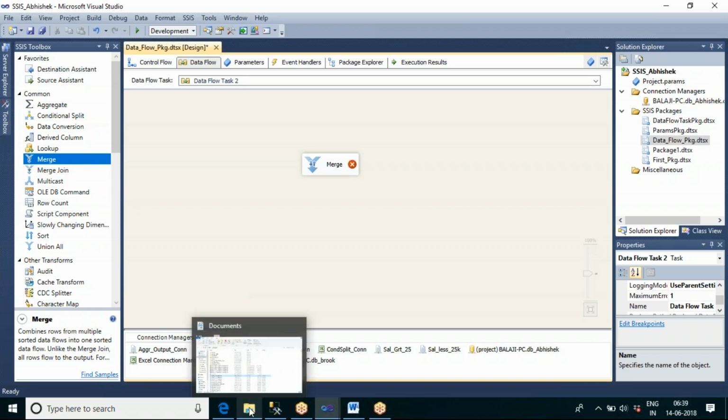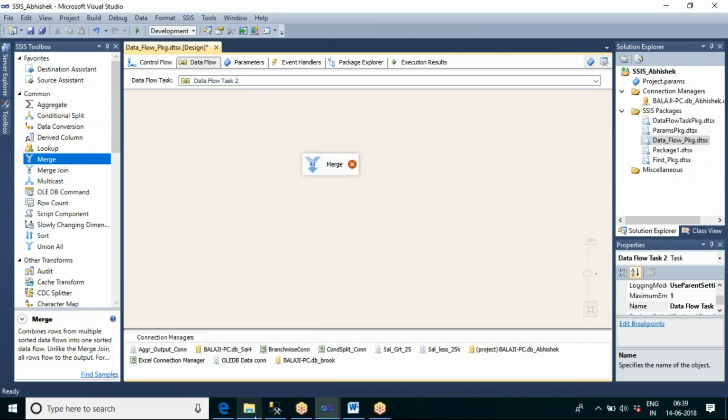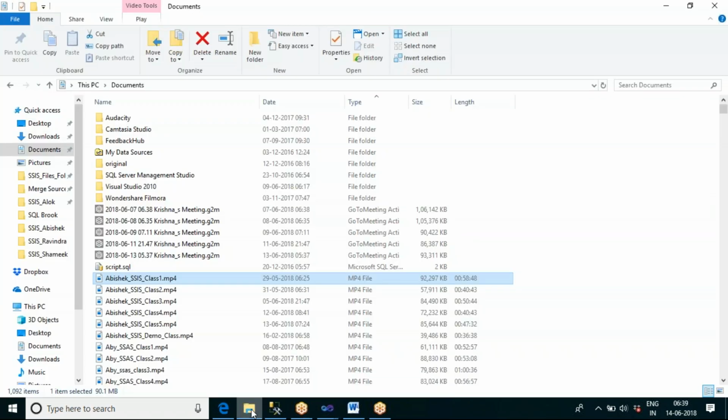So what will the union command do in SQL? It will combine the two sources row wise. Suppose in source one you are getting 4 records, and in source two you are getting 5 records, so it will club them into 9 records. 4 plus 5, 9 records will be pushed into the SQL destination. Okay. So now let us show you some examples.